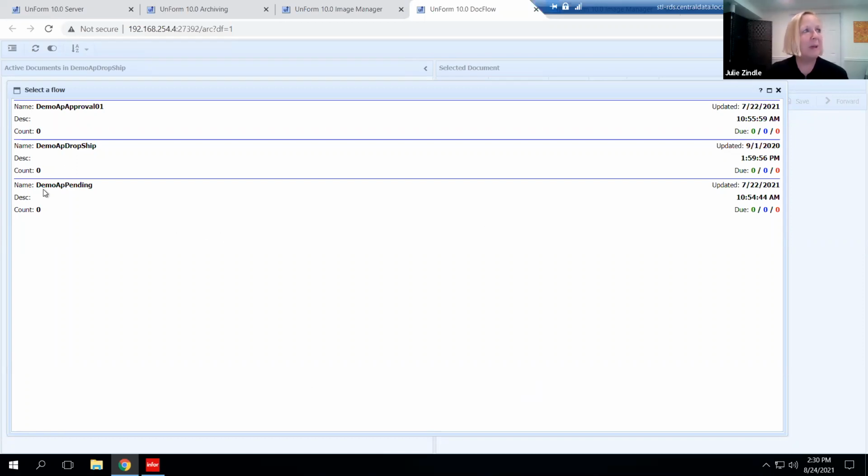So we can have a pending area for POs that haven't been received, and we could put a time frame on them to say, wait 3 more days and then try again. And in 3 days, it would process again.